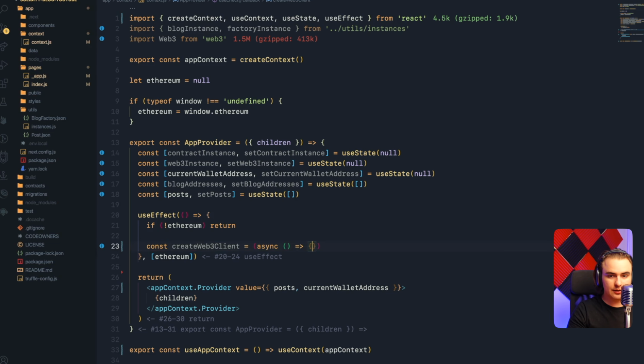You can replace that with a semicolon, but it's not as easy to read, and it's just like a good description for other developers. So it's better for collaboration purposes. The more you know. So what you want to do is say const web3 is going to be a new web3, and you want to pass in Ethereum, and straight after that, set the web3 instance